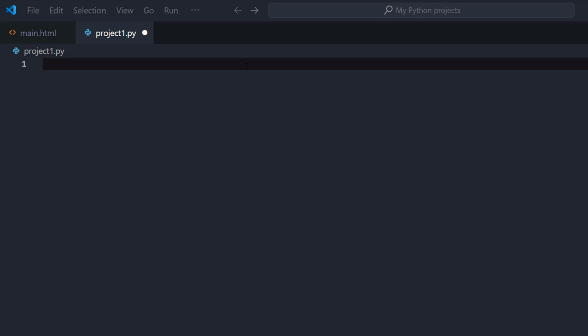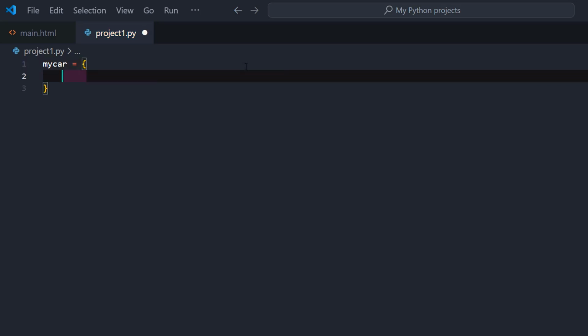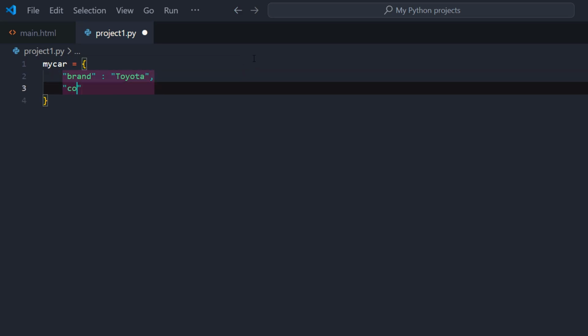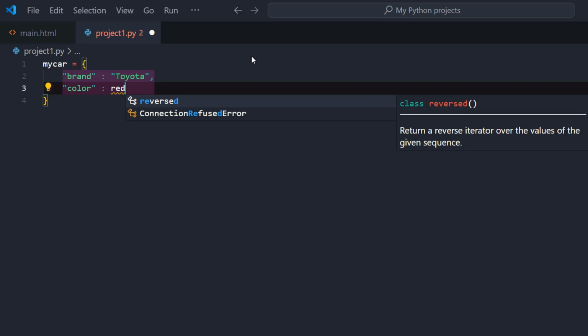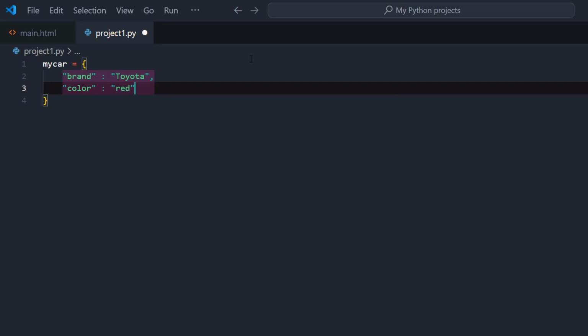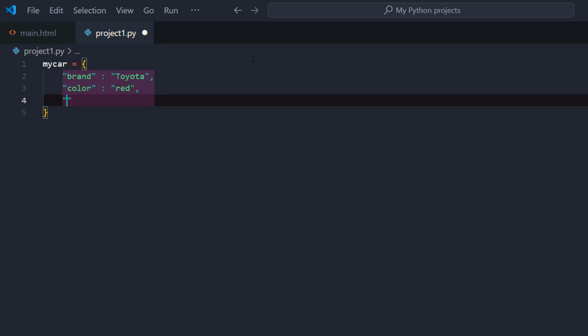Hello everyone. Let's start with my car. My car is a dictionary with the key brand and the corresponding value of Toyota. Comma, let's go down here and have color is red. Oops, I forgot the double quotes. All right. And then the year. Year will be, let's see,